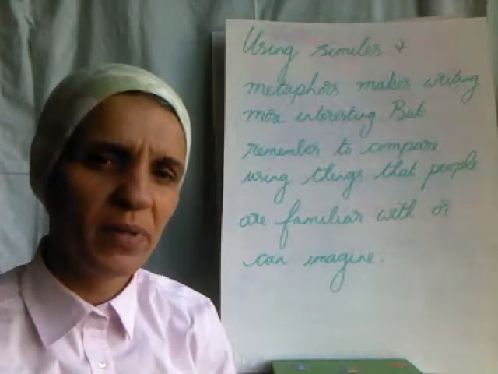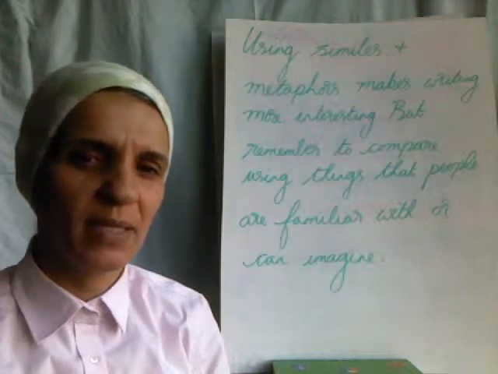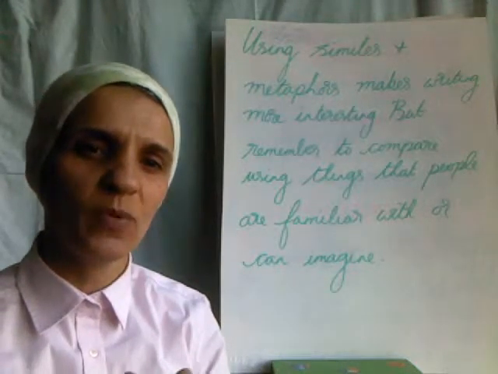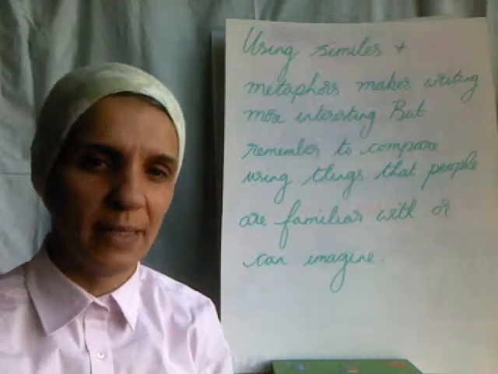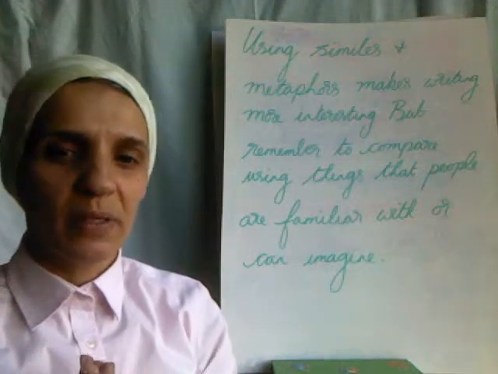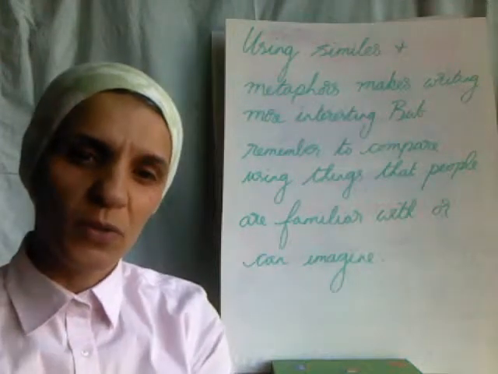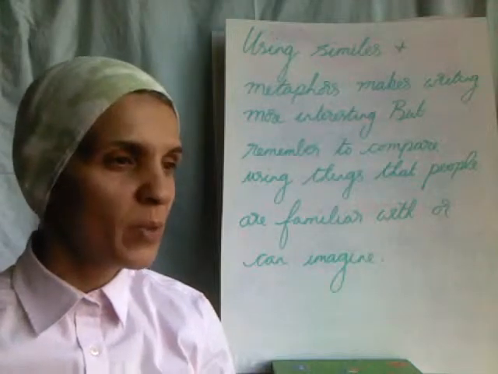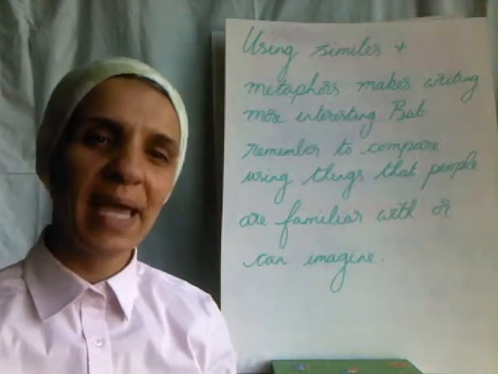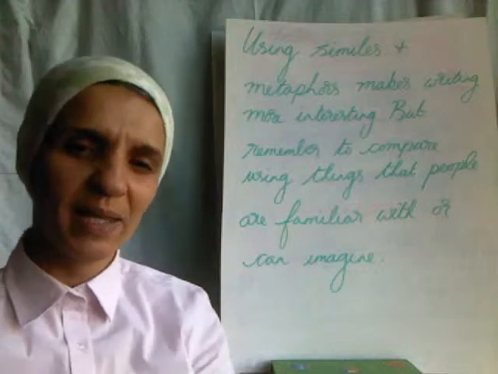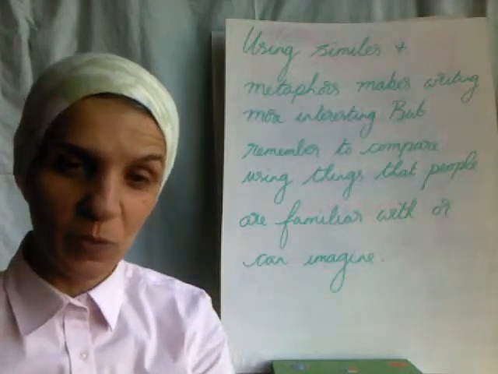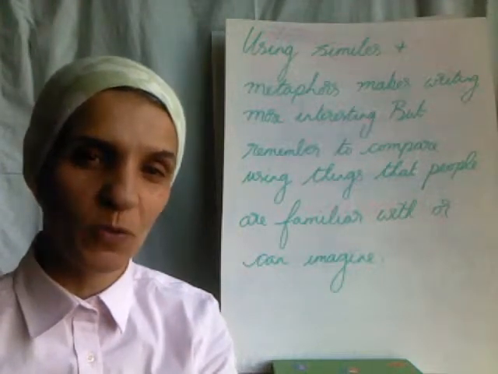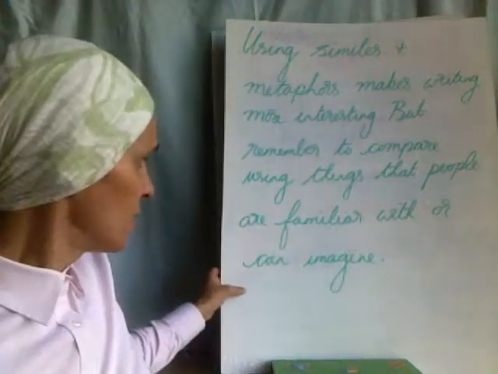Okay, and remember that they are always compared to things that people are familiar with. So we compared the color of someone's eyes with the sea, because everybody knows what color the sea is. We compared how smart kids are using the word brain, because that's where all the smartness is. Okay, we compared the behavior of a friend of mine being like the behavior of a baby, because everybody knows what babies are like. They cry a lot, they whine a lot, they don't know how to do anything by themselves when they're young. Okay,